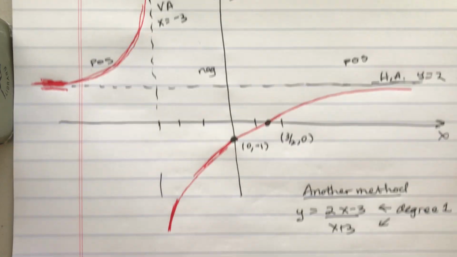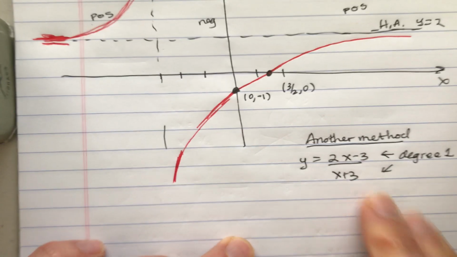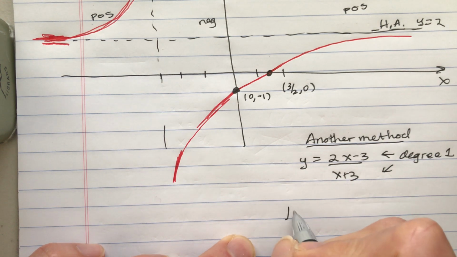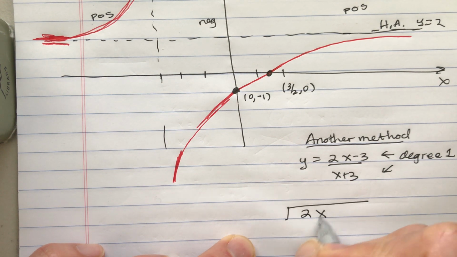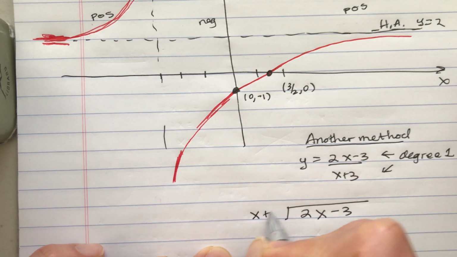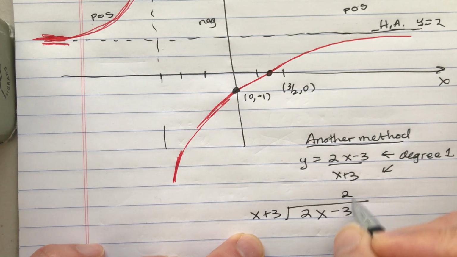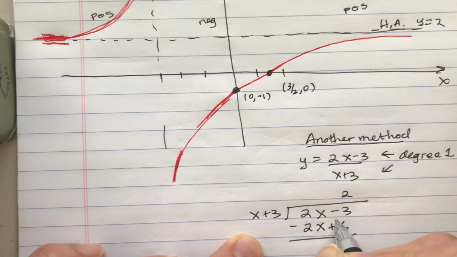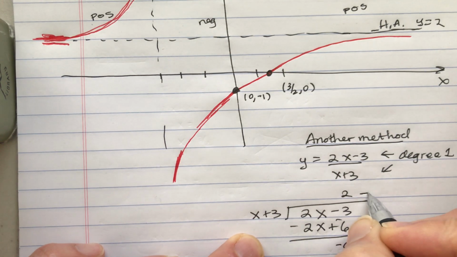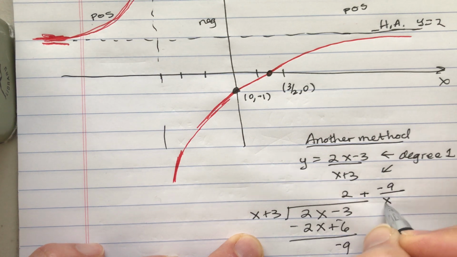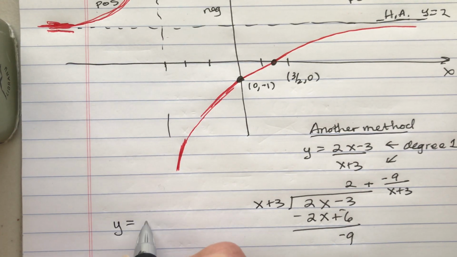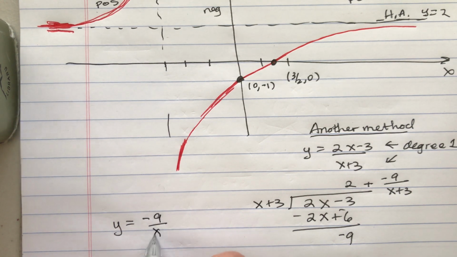And under this situation, we could view this as a translation of the graph y equals 1 over x. And the way we do that is we do long division. Now this might be more trouble than it's worth. But, okay, so this graph is -9 over (x plus 3)